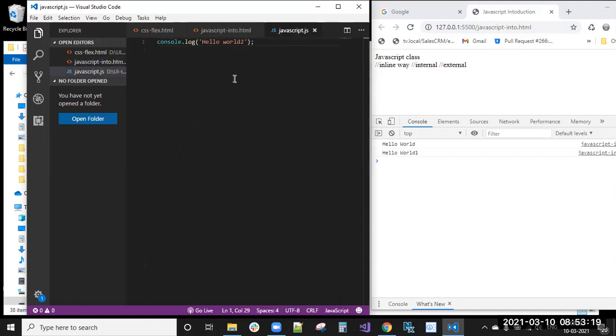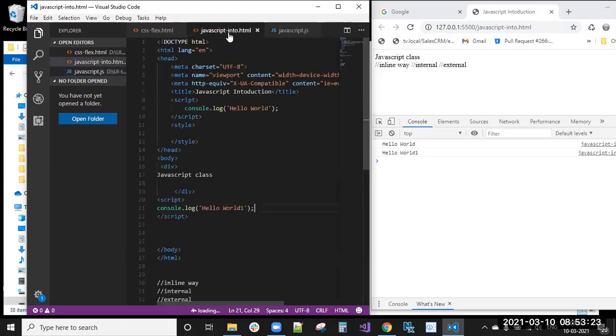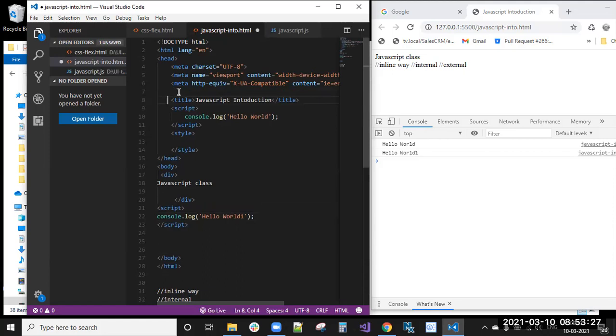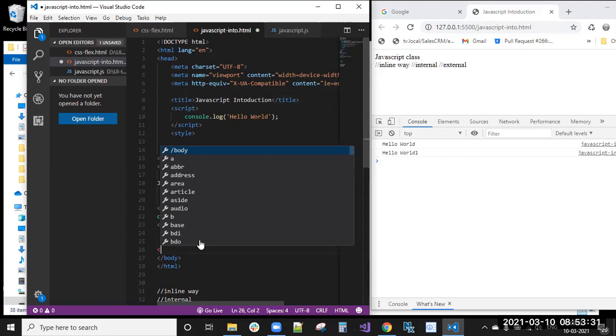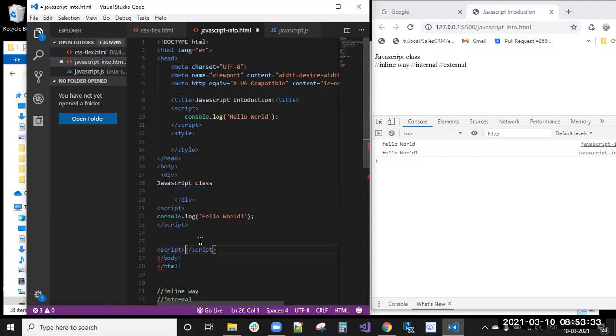So this is already JavaScript code, right? No need to write the script tag. We need to include it in the head section. Here also we can include, and here also we can include. I told you, right, here we need to include, that is better.